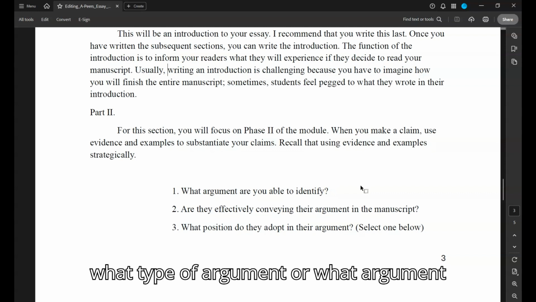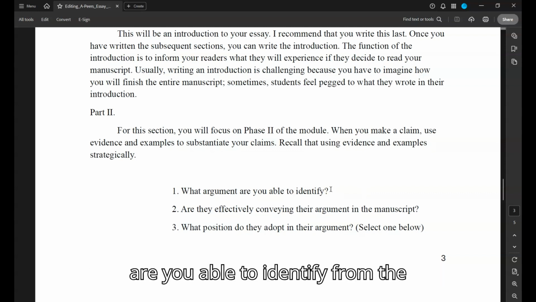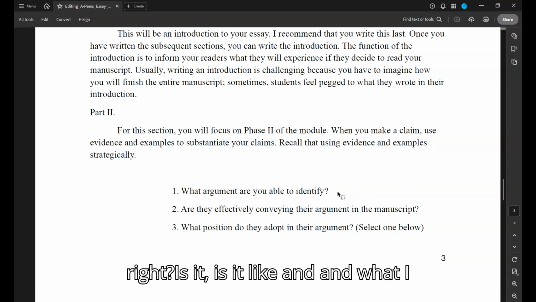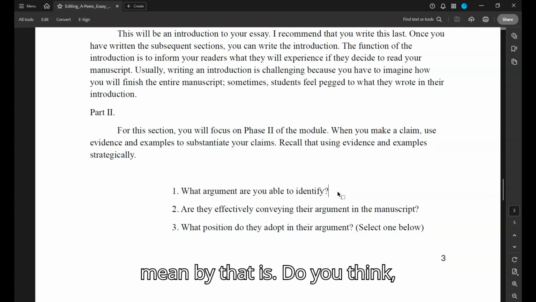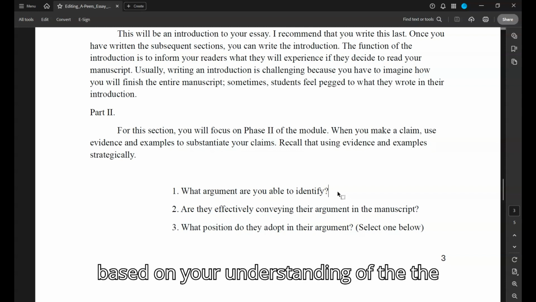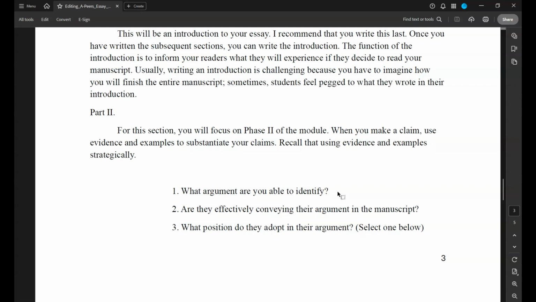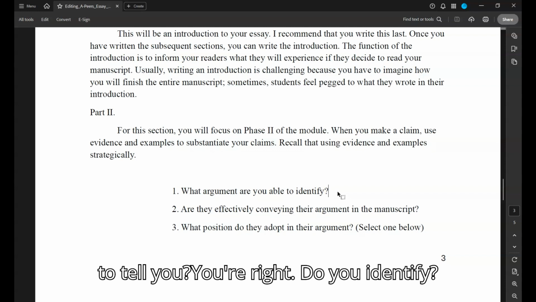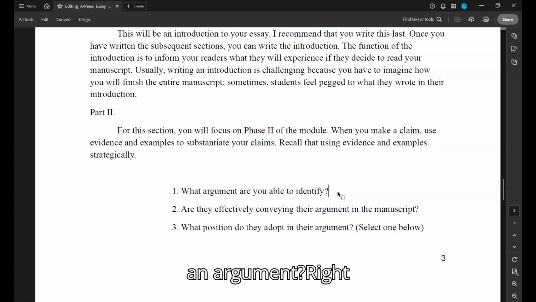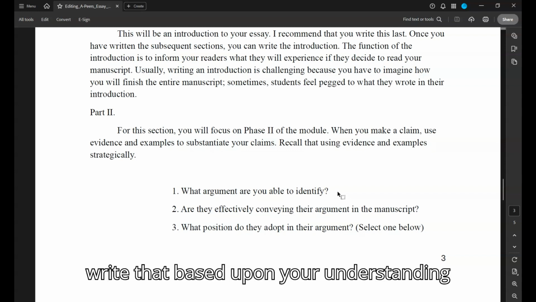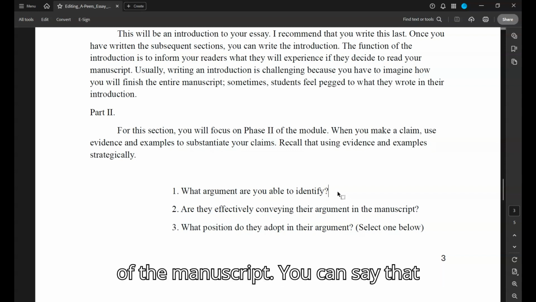In terms of what argument you are able to identify from the manuscript that I had you read: based on your understanding of the paper assigned to you from your peers or your course colleagues, what are they trying to tell you? Can you identify an argument? Do they have an argument? If, for example, they do not have an argument, you can write, based upon your understanding of the manuscript,